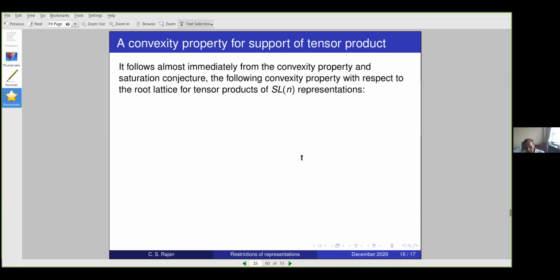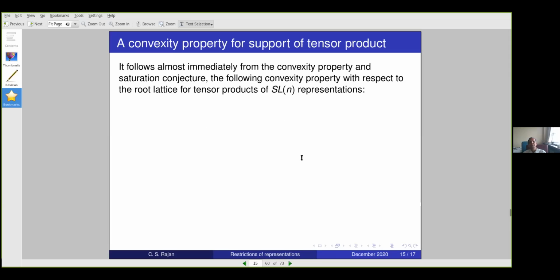Okay. So let me say why it was interesting to look at this. It's a bit of history. I was working with Ravinder, and we were looking at some diagrams of tensor product decompositions, and it seemed as if they're all convex with respect to the root lattice. And the question was whether this convexity property is true. So we were trying to look at that, and then it turned out, after some calculations with Rekha Biswal, that it also turned out to be true, and then later on Rekha and Hariharan Narayanan,